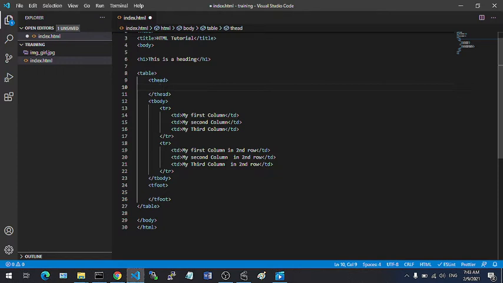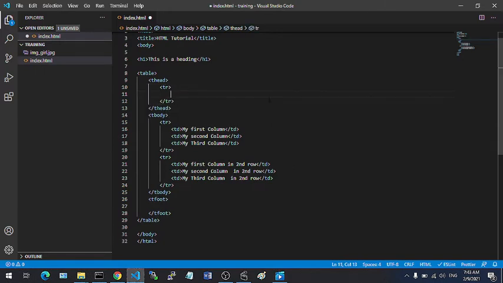Now, within the thead, that is when we have our tr, because it is possible that you want to have multiple rows within the head section, but it is usual that you'd have just a single row within the head section. Now, the first row is going to be defined as tr, which is an opening and closing tag. And within the tr opening tag and closing tag, we would define the actual table head, table data.